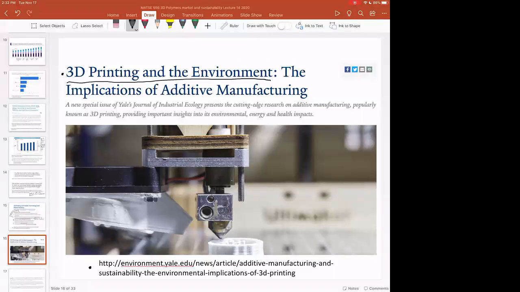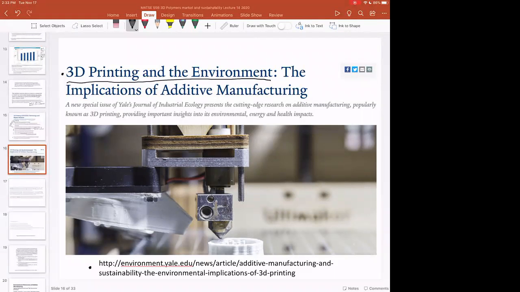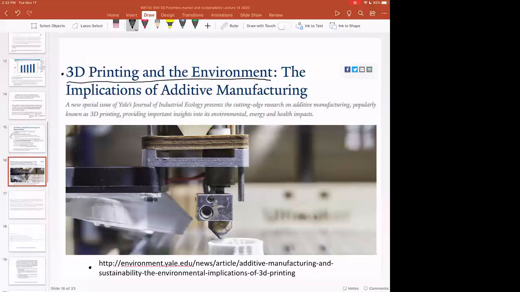We should think about how additive is really going to impact sustainable manufacturing in the future, because this will likely become more and more important as people demand that the processes that we use are better and better for the environment. And we're seeing a big shift in this now in terms of consumer goods like electric vehicles and solar panels and other things like that. But this will continue, especially as we think about putting factories in places where factories don't exist right now. So if you're going to do manufacturing in a new place, if it's sustainable manufacturing and doesn't have a big environmental footprint, that might help adoption, because